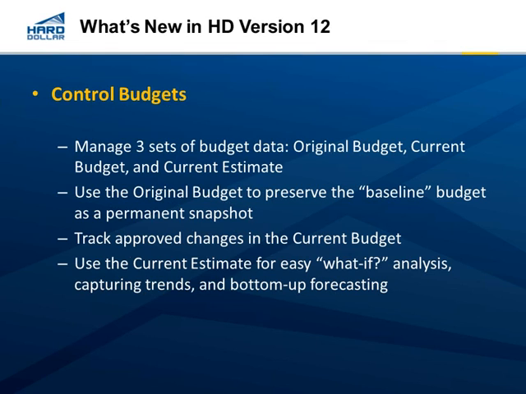Like the benchmarking, one of the major enhancements is on the control budgets, and this now gives you the ability to establish 3 sets of numbers. So the original budget preserves our baseline numbers and will never change. So it captures what our original quantities are, original man hours, original costs. We have a new current budget, sometimes referred to as a control budget, that can only be changed through a formal approval process. So if you want to do a budget move, contingency drawdown, quantity change, budget change, contract change,